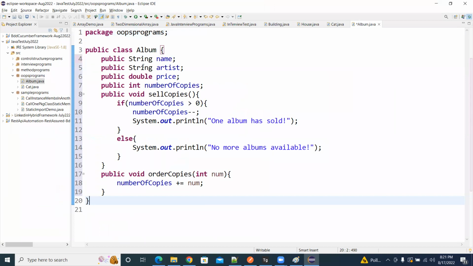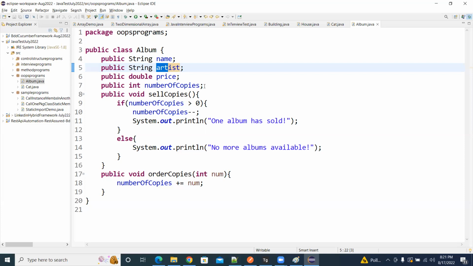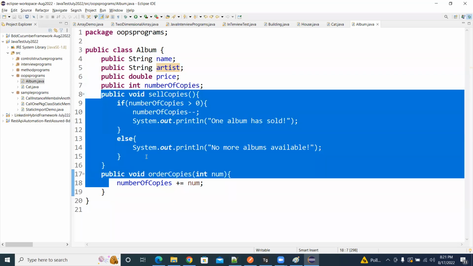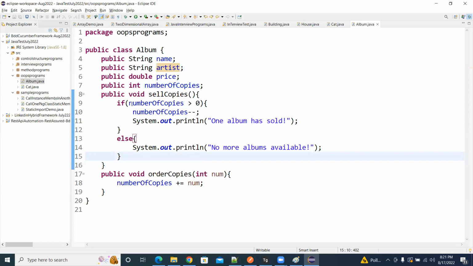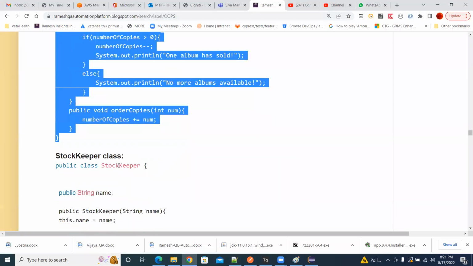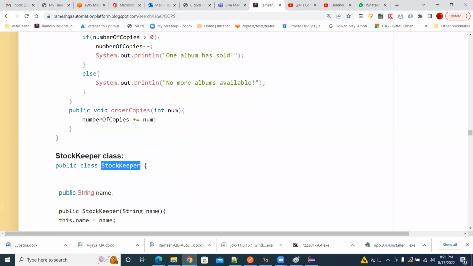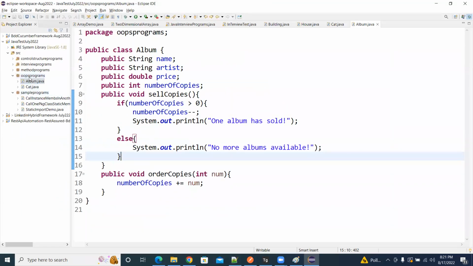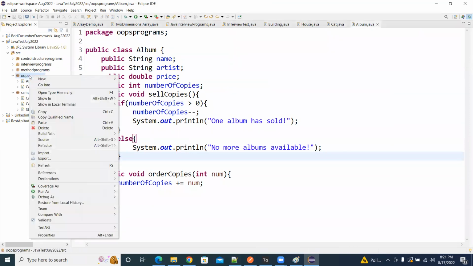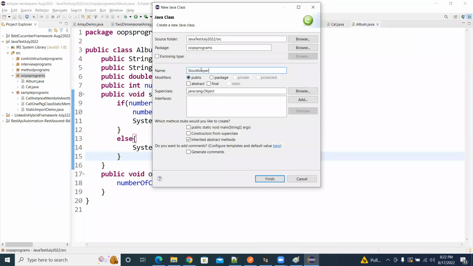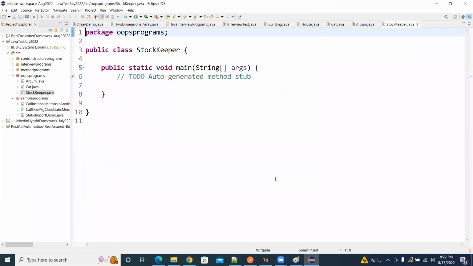So this is all public. See, the Album class has public instance variables and some public methods. These are the public methods. Now I'm going to create one more class, the StockKeeper class, because the stockkeeper maintains all these albums. I'm creating a new class for the stockkeeper, and I'm taking a main method to call these